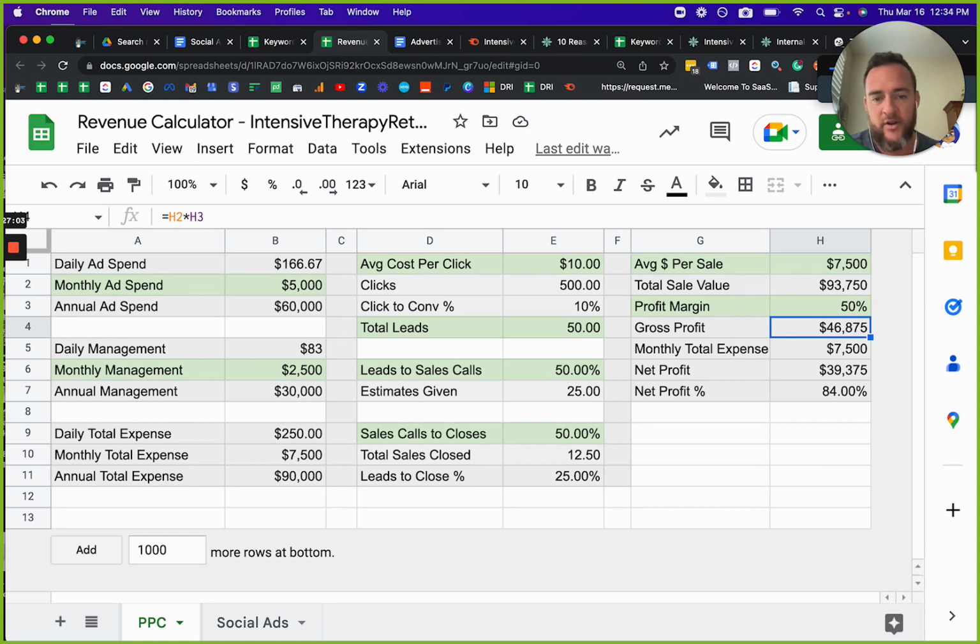The green rows are the ones that you're supposed to change. If you want to change the click to conversion, you can as well. Let's say that we're driving a lot of generic traffic and the click to conversion is 5% versus 10 or even 3%. You're still net profit positive at 46%, but these are always things that we can work on to improve. 10% is what we are looking for on average when it comes to lead generation through a website. There's things that can inhibit that. There's things that can help that, but that's all a part of managing an advertising program.